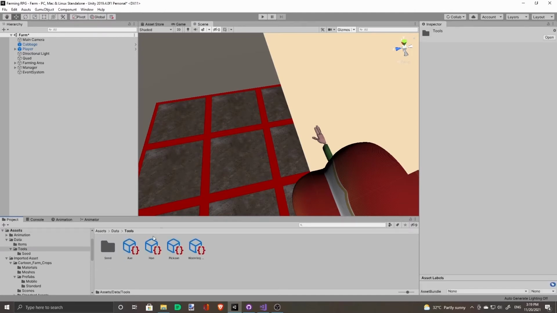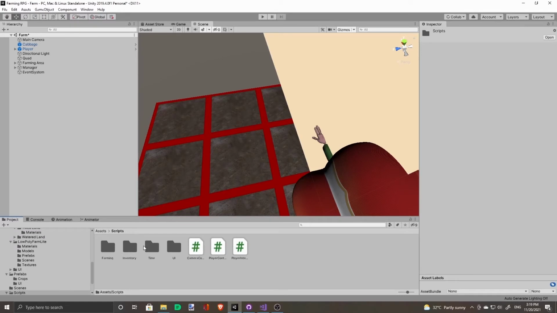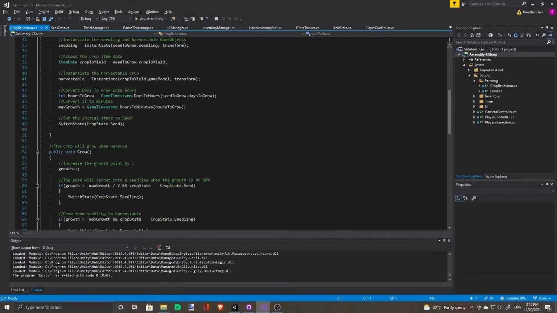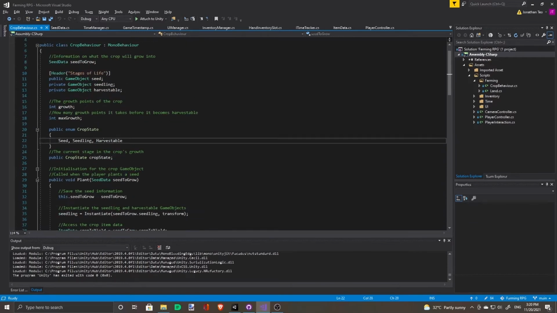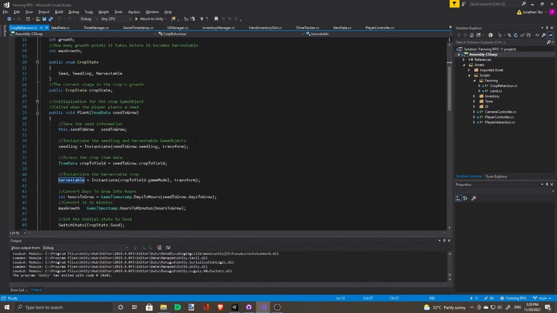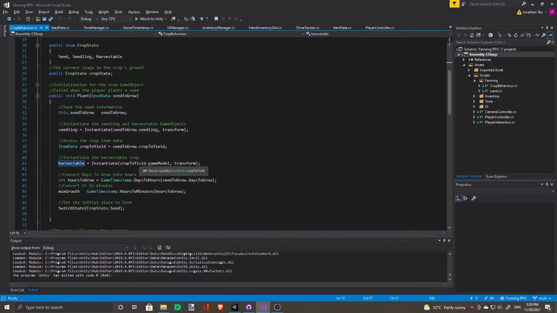Now remember, according to our code logic in the crop behavior script, the harvestable game object is determined from the crop to yield game model under the seed data.